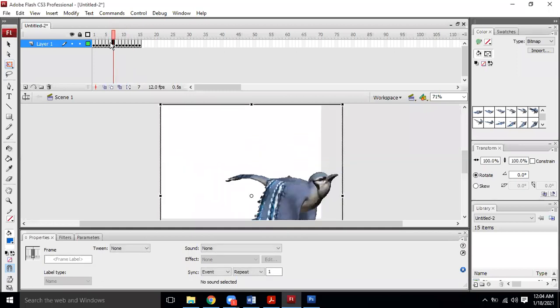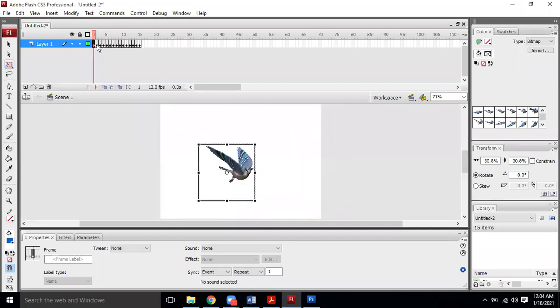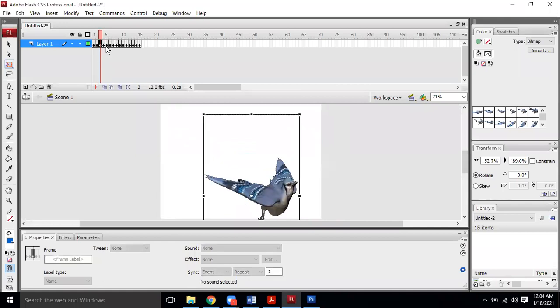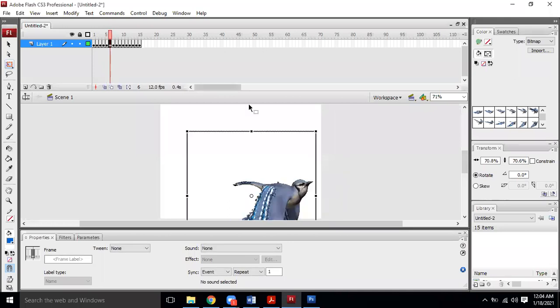So either you should make it, or otherwise it is not compulsory, since it was not in our syllabus, so I did not teach this thing because it will take time to draw. It is possible that we can draw the bird in the shape where it is opening the feathers and in the shape where it is closing the feathers. Otherwise, a quite simple strategy, as I have told you, is to take or draw a bird which has open feathers, and then just make an animation in motion. No worries.